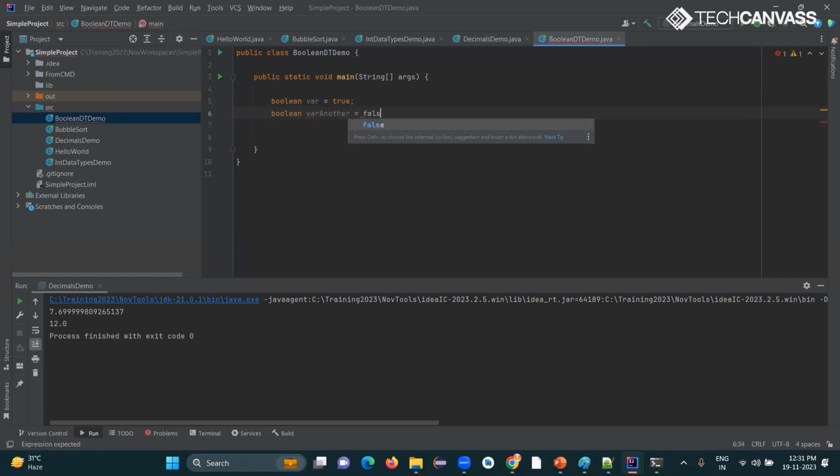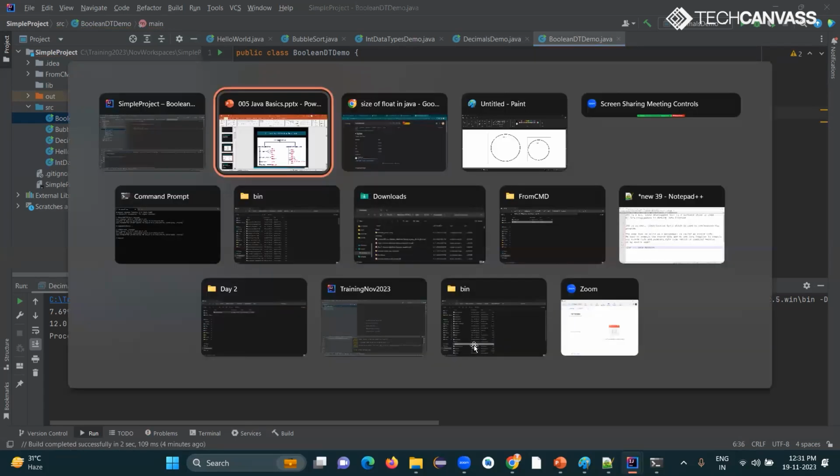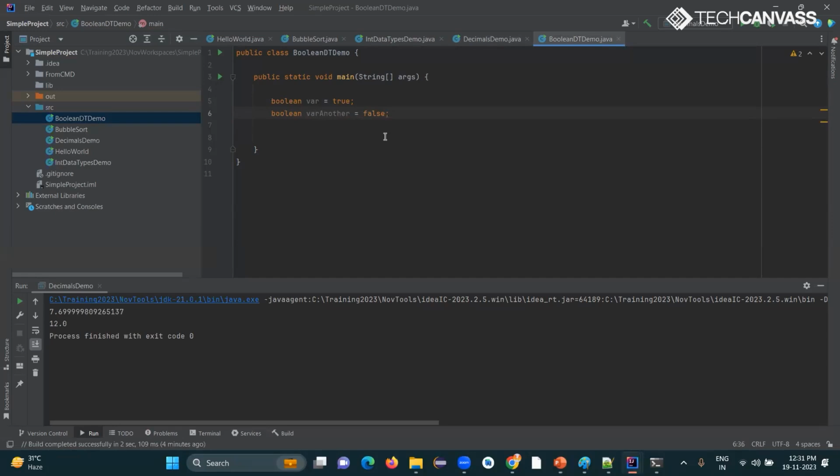Either it can be true or it can be false. Okay, so we'll use Boolean for some conditional computing, etc. And we'll use it later in our course. Character is a data type that can accept only one character. Okay, string is a non-primitive data type